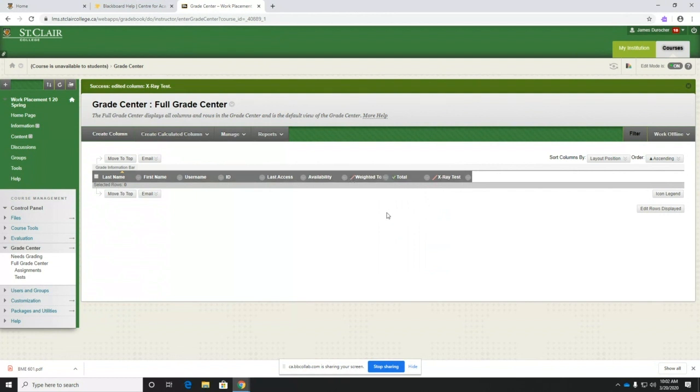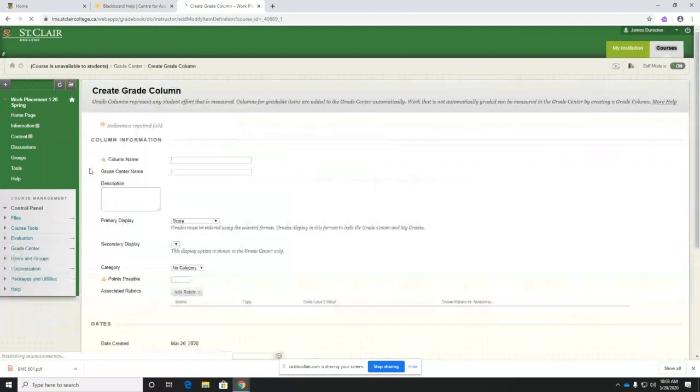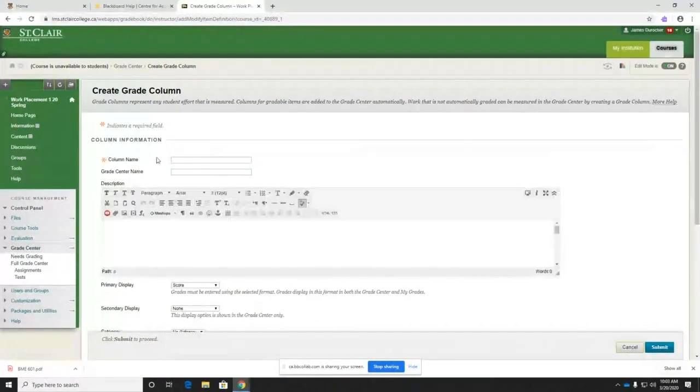If I want to not do a weighted column, I want to be able to modify the weights and do changes on the fly, then what I would be able to do is just go to create a column. It doesn't have the drop down like the weighted column, or the calculated column, sorry. So by clicking on create column, I can now say, what is this going to be? Well, this is going to be an assignment. Let's just call this